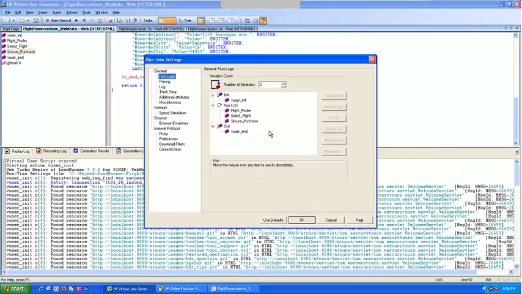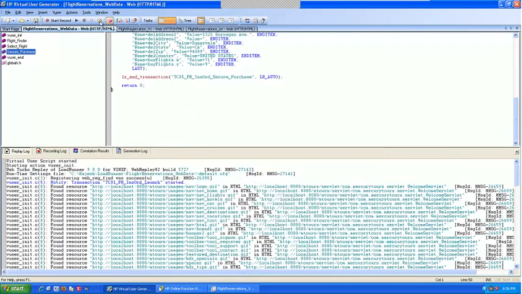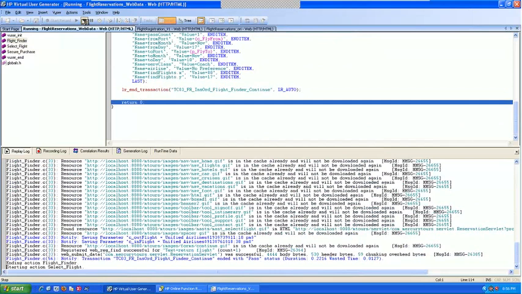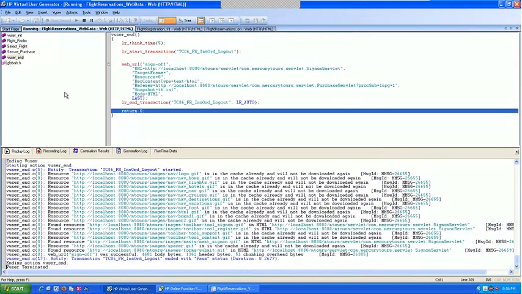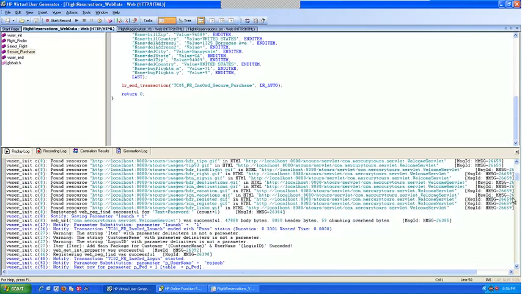Let me take out the think time so that it will run a little faster. I'm going to say ignore. It's in the second iteration. It's done the second iteration. Now let's see how the iterations work. You see here,